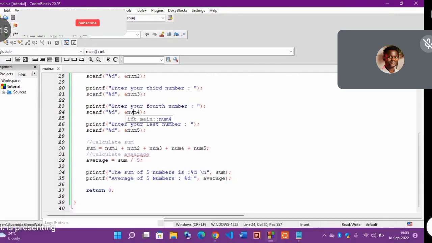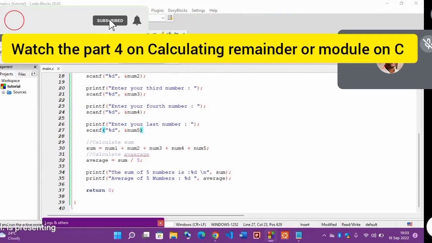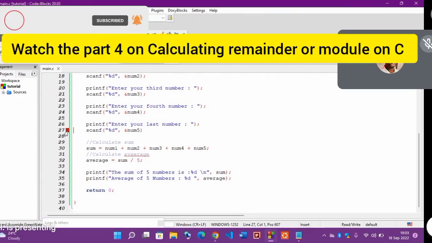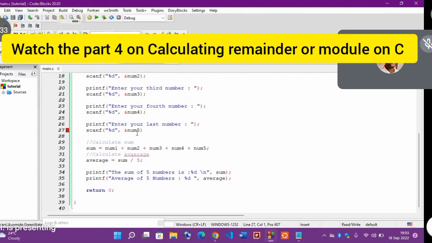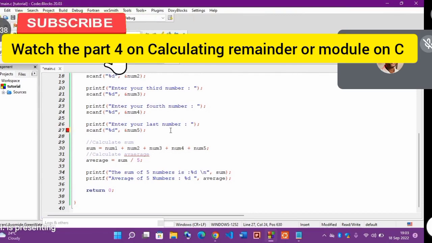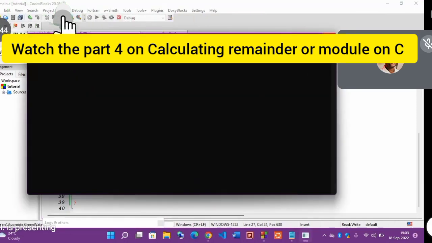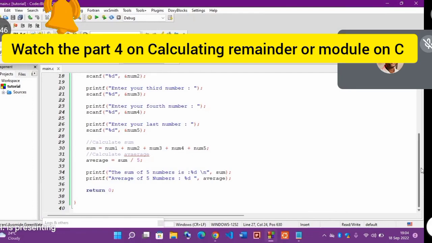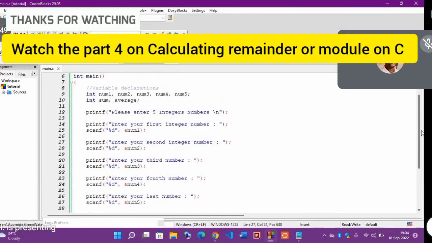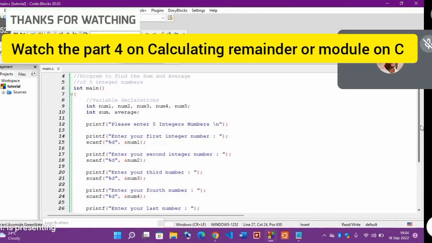Now, let's look at this program very well. After writing this program, you guys can notice that there is no error in this program. Even though the program is not running as expected, the compiler did not complain. It did not show any red line. What I mean is this. Let me remove this. Let me rerun it. Do you see the compiler is showing me red here, telling me that there is a problem with this line? But for the part that I did not have anything, the compiler did not do that. Are we getting it? The compiler did not do anything of sorts. The compiler did not complain. Now, if it is you now, that is what is happening with most